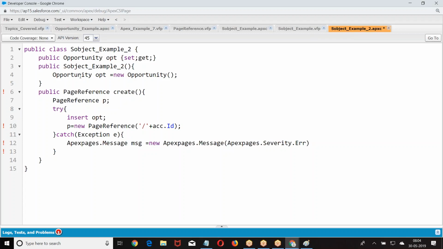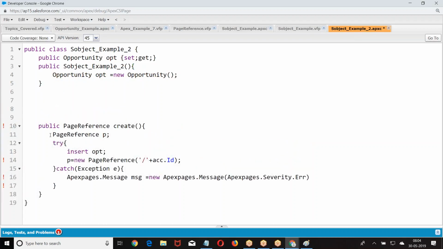No. Then how will you insert the data? Now, insertion is happening on what? Create method. Insert is happening on which one? Create method. So how can you access this? Now I want to insert this record. How will you insert? I want to insert the record from this method. Now can I use this OPT inside this? No. Right? There is a reason. I give this OPT outside. If I give OPT outside, what will happen? I can use this OPT anywhere in the programming. That's the first question.